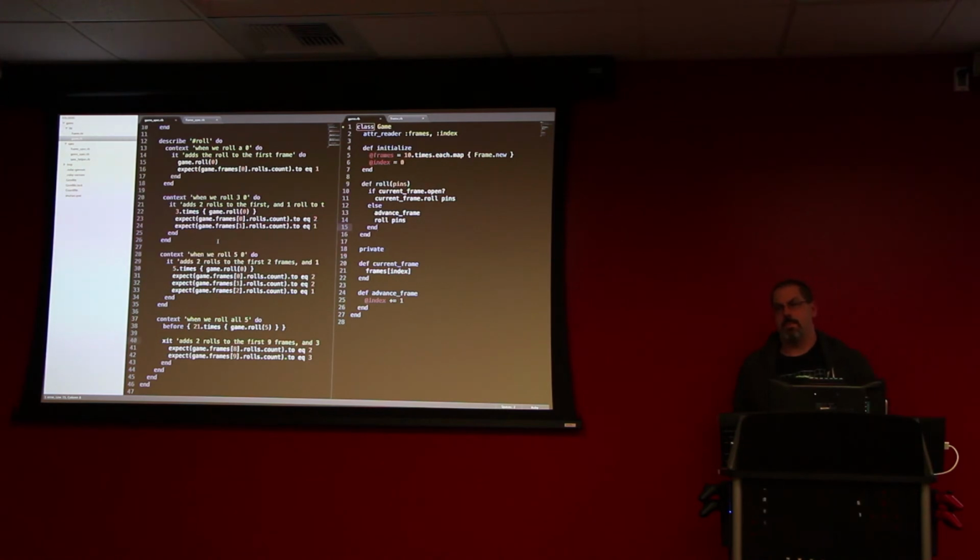Yeah. I was confused right at the beginning when I saw that line that says 10.times.each.map. And I was thinking, oh yeah, you actually don't need the each. Yes, you do. You do? 10 dot times will